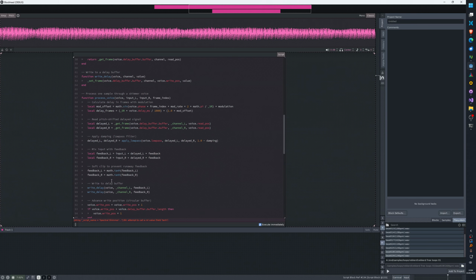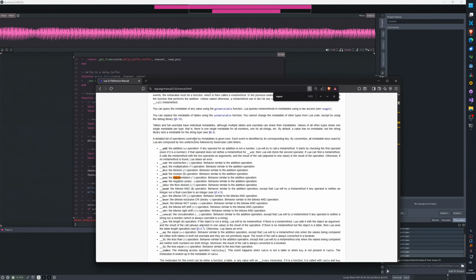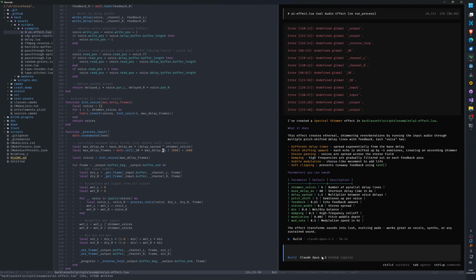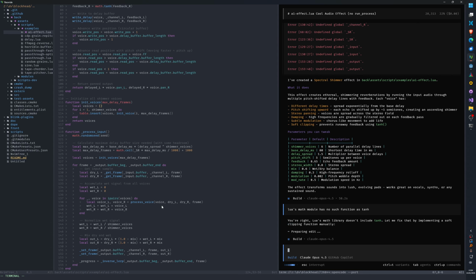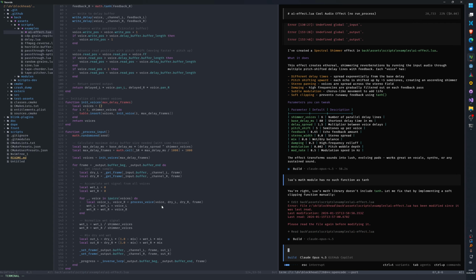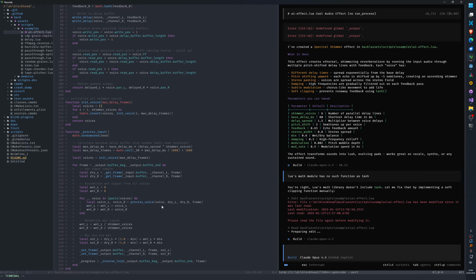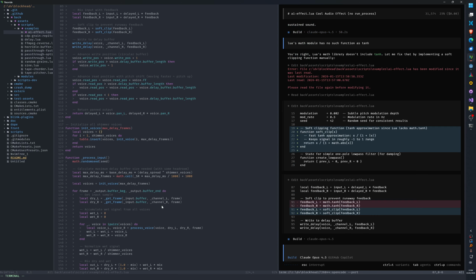No such thing. Tanh. The math module has no such function as tanh. I wasn't expecting it to make something so big and complicated. But we'll persist for now, because I'm just curious.